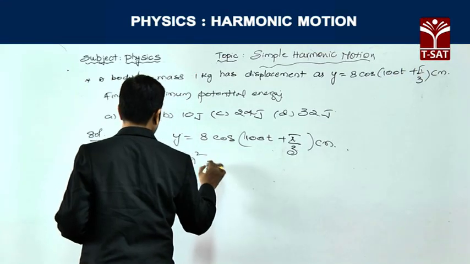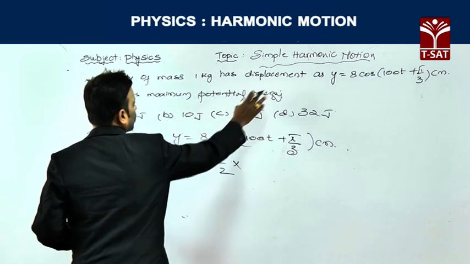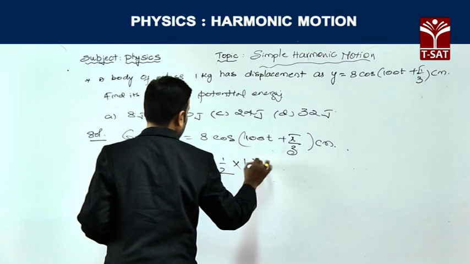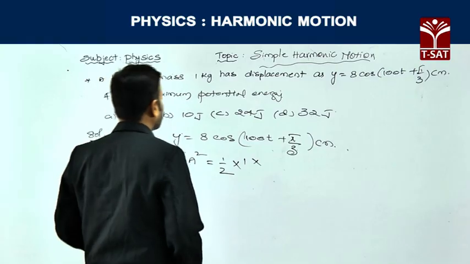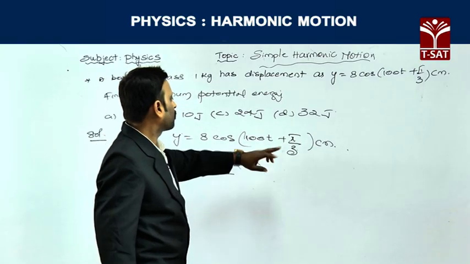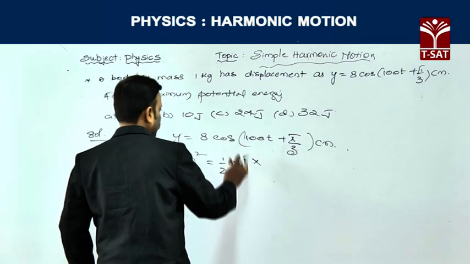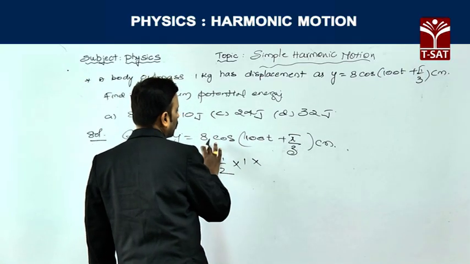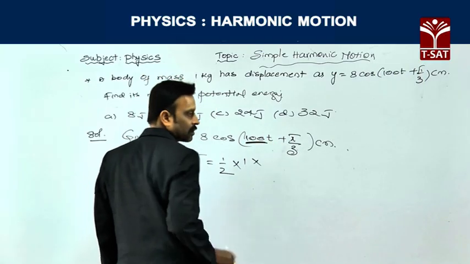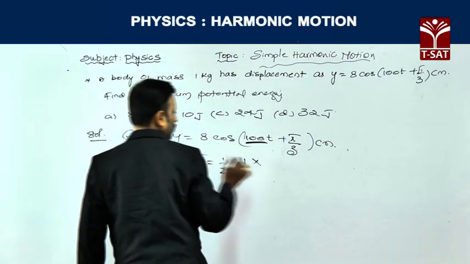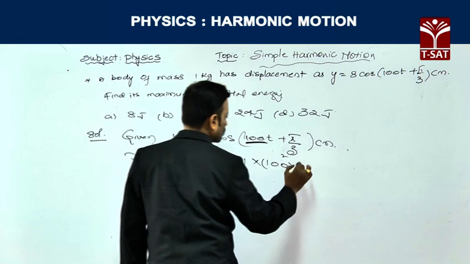So, compare this equation with that. Half, mass is given as 1 kg, then omega square. Y is equal to a cos(omega t plus phi). When you compare this equation, you are getting omega as 100. So omega square means 100 square, and the displacement is